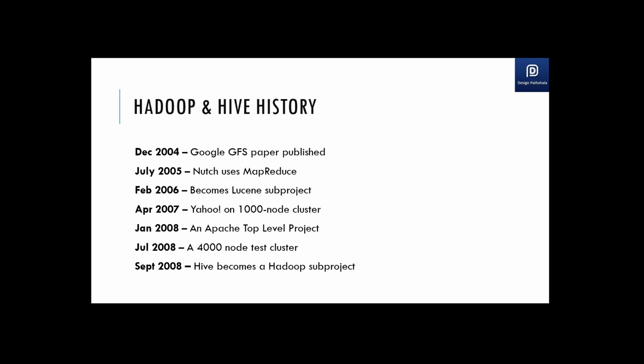So they faced issues with the vertical scaling of the systems, and they were stuck basically. At the same time, Google came up with a white paper where they published the Google File System and how they were processing that data with the help of MapReduce. So Doug Cutting read that, and they thought of implementing the same thing. They started a project called Hadoop, and they came up with a similar file system called HDFS, that is Hadoop Distributed File System, and MapReduce as a processing layer on top of it.